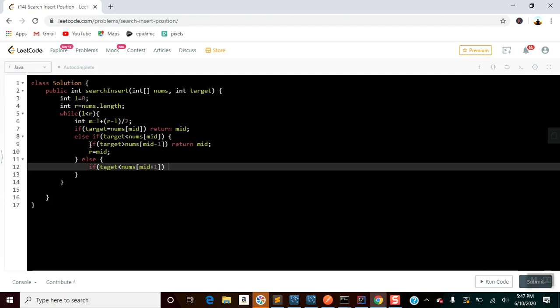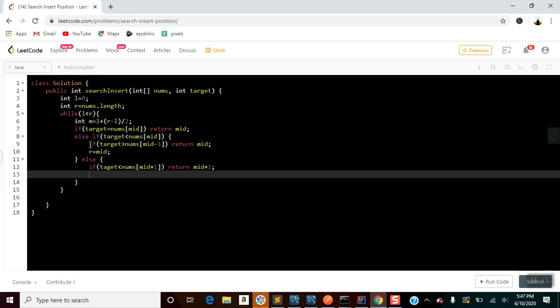In that case return mid plus 1. Else, left equals to mid plus 1, that's it.